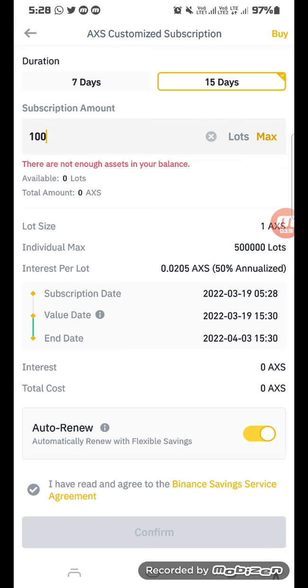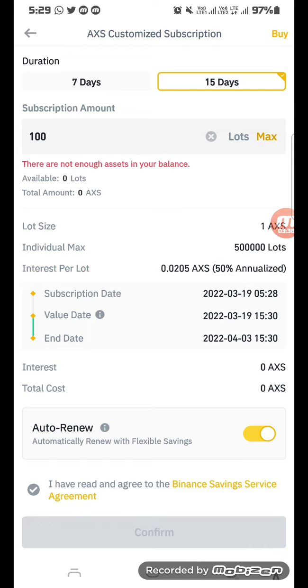0.0205 AXS, 50% annualized. The subscription date will be today, the time I am subscribing, and the value date will be today's date after some time, and the end date will be after 15 days, which means April 3rd. Interest means how much interest I will get back for what I am locking up, and total cost is how much I am locking.